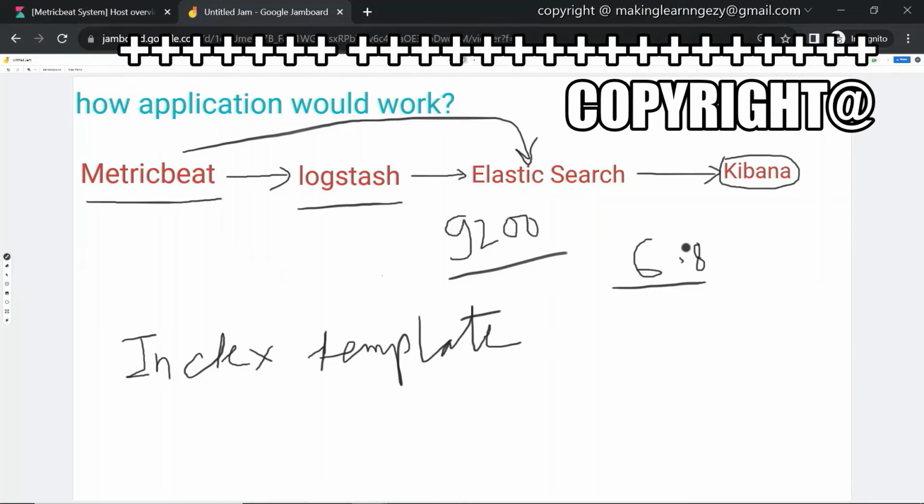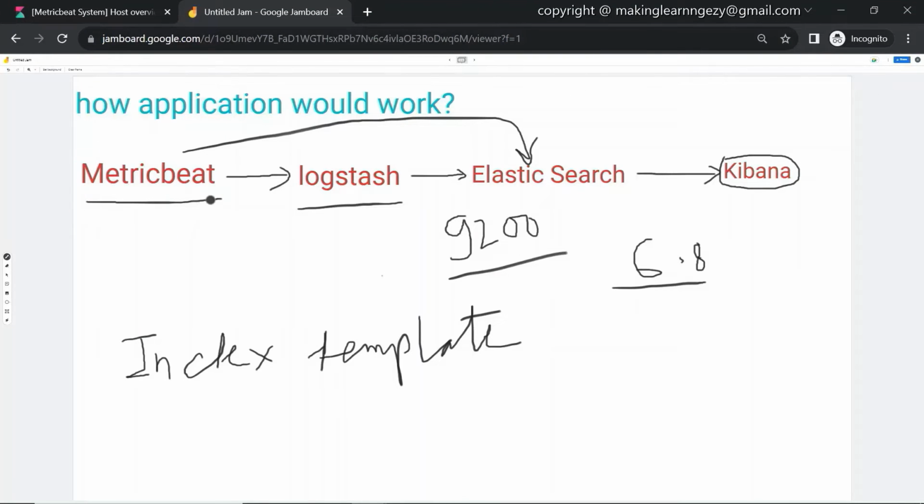In this demo, we are going to use the index template present in MetricBeat. In this session, we are not discussing much about index templates. The reason being, we are using the index template provided by MetricBeat, and we don't have to update anything in it. For now, you just need to understand how to use the default index template provided by MetricBeat. I will explain index templates in more detail when we have a session on Elasticsearch. Let's see how to send the MetricBeat index template to Elasticsearch.